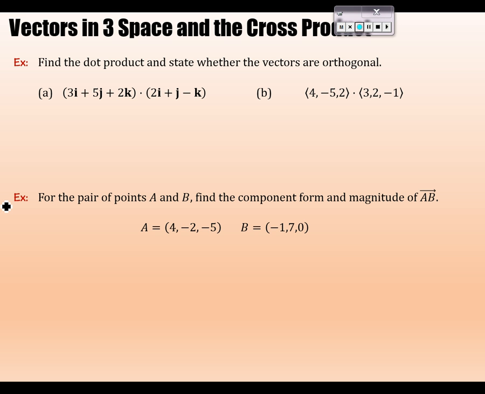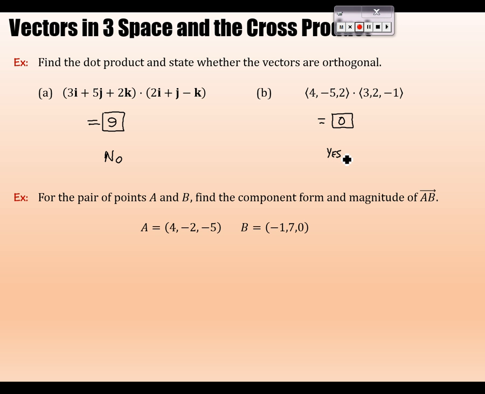All right. The answer to the first one is, I mean, what's the dot product though? 9. Okay. And so no. Yeah, no is the answer. The answer to the second one is, does it come out to 0? Cool. That means they're